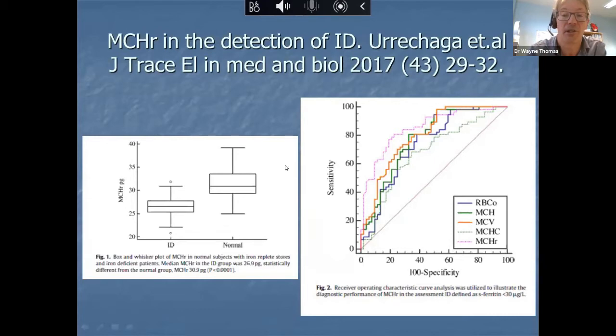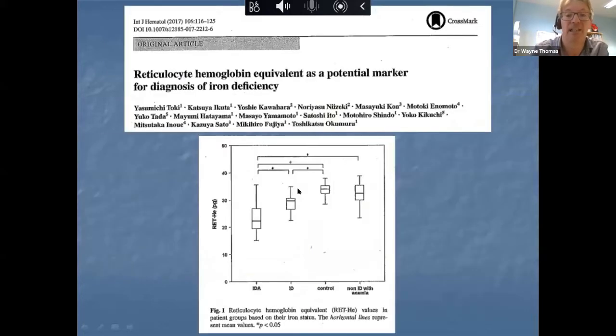This is from Eloisa Urrechaga and colleagues. You can see that there are range differences. You can see that most of these people have got an MCHR which is less than 29. And likewise, for a reticulocyte hemoglobin equivalent on Sysmex machines, you can see that there is good statistical evidence that people who are iron restricted, who've got absolute iron deficiency, have got different or lower MCHRs and RET-HEs to the